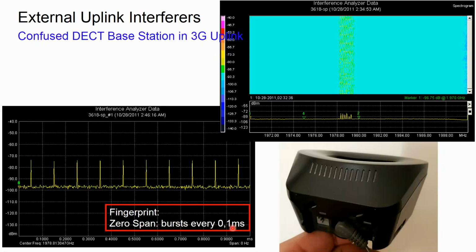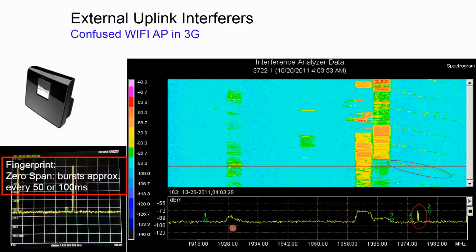And you can really see what this is. You don't have to go up to the tower. You just search for the DECT phone. They have really high power, and you can easily find them. What's more complicated is Wi-Fi access points, and they think they are in a different country, for example, and they don't make such a beautiful signal, but you can see, for example, you can see pulses,